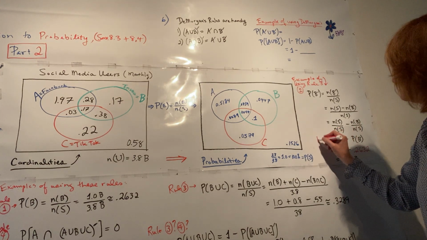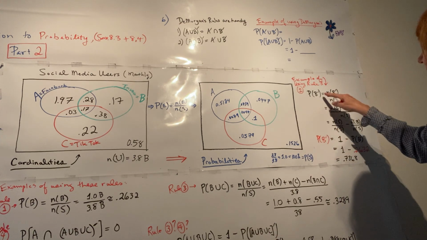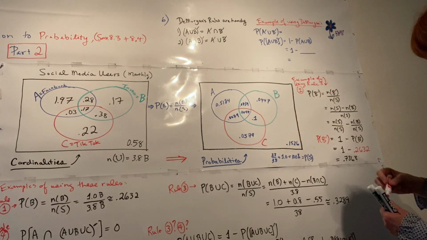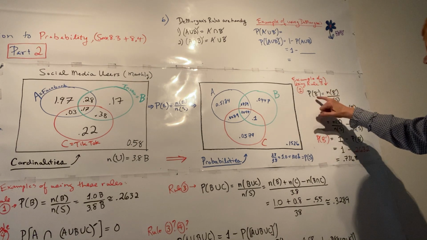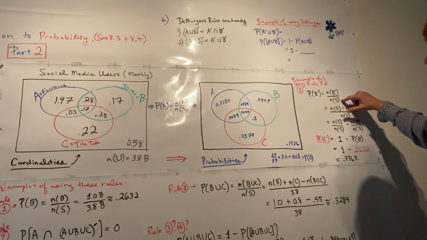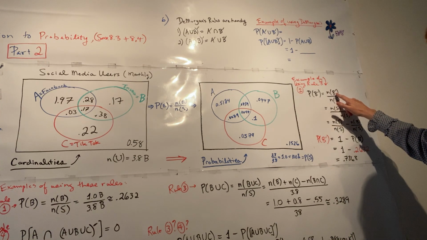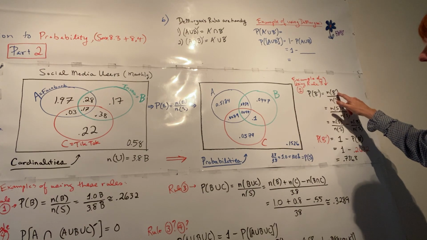That the probability of B complement is equal to this. Why is that? Well, just going by the definition of probability, right? The probability of an event, B complement, is the number of things in B complement over the number of things in the total space. If you were trying to count up the number of things in B complement,